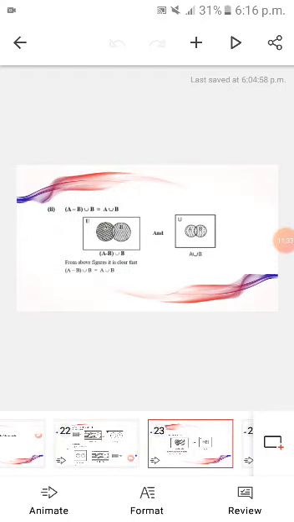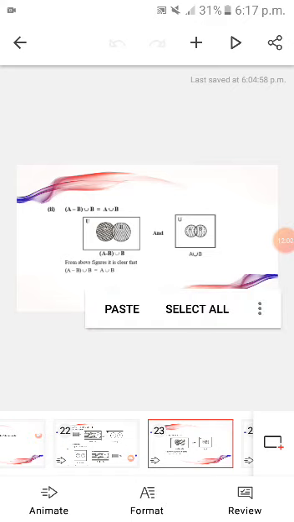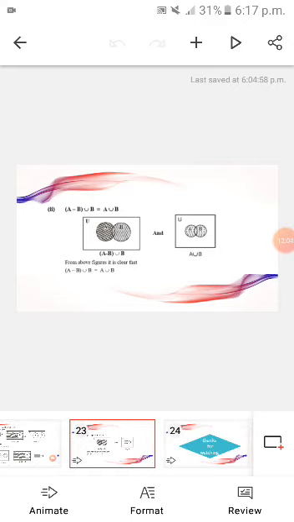Similarly, part number 2: (A minus B) union B is equal to A union B. Firstly, take A minus B. In this case, union B. In this case, there is no point taken from the universal set, just the points of subsets A and B. And A union B is shown on your screen in the second diagram. From the above figure, it is clear that (A minus B) union B is equal to A union B. Left-hand side and right-hand side are equal.